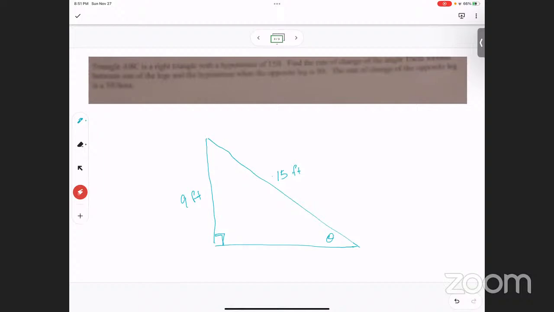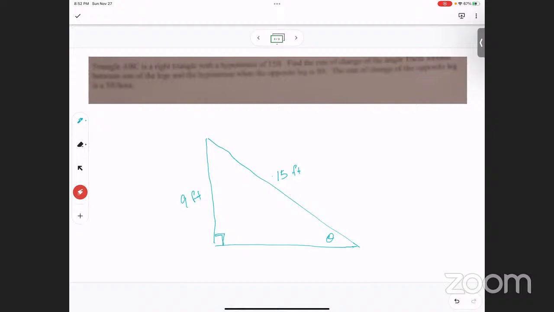But I think what's happening, this is my guess, is this is a 15-foot ladder and it's falling down. And they want to know what the rate of change of this angle is with respect to this side, maybe. That's my guess at what this is asking. Like, what's d theta over